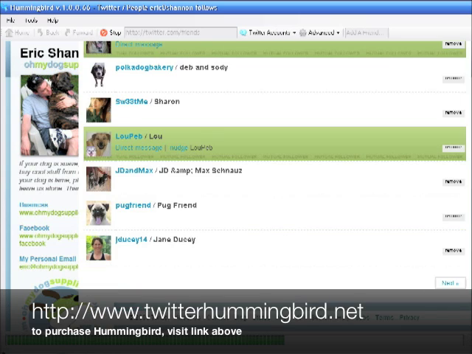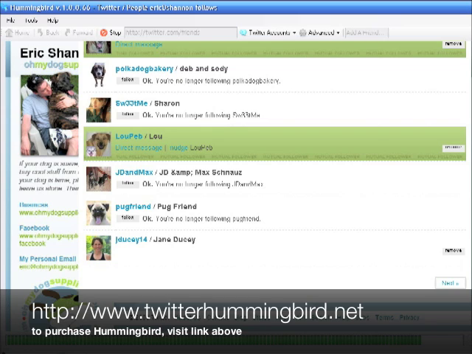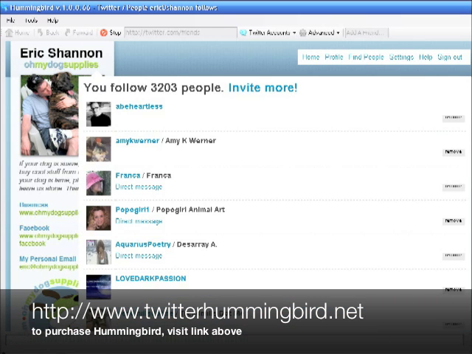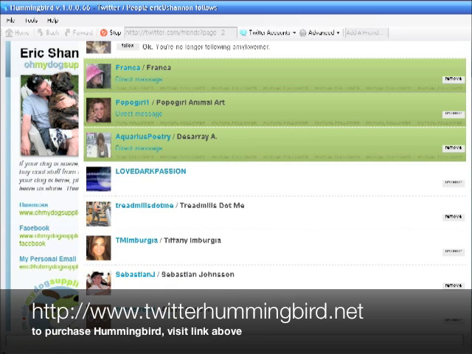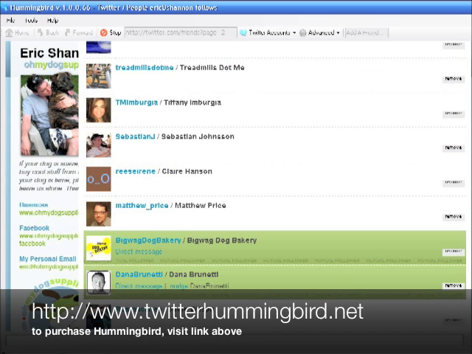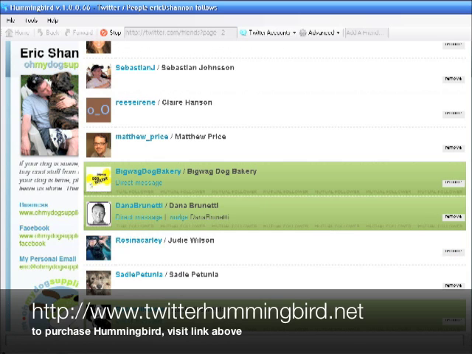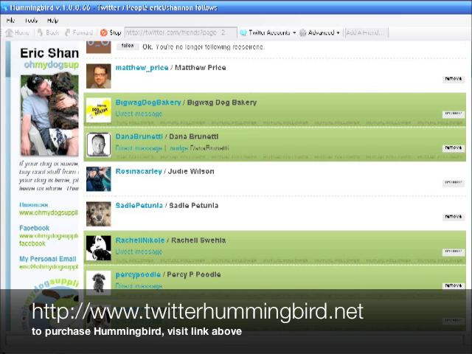Now the reason this works and Twitter Karma doesn't is because we're not using any API tools here. So Twitter Karma hits that cap all the time and it starts hanging and just stops working for you. But we're directly logged into Twitter. We're not using their API. So it's just going to keep going and scan through all the people that I'm following, and just keep unfollowing all the ones that are not following me back or who are not protected. So I'm going to pause the video and let this run because this does take a couple minutes, and then I'll be back in a second.